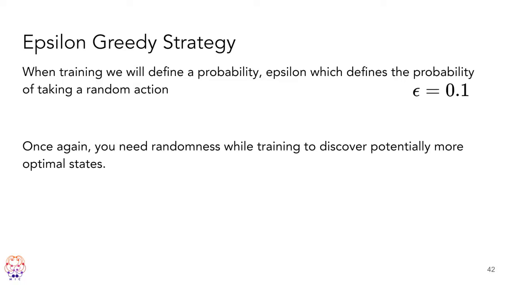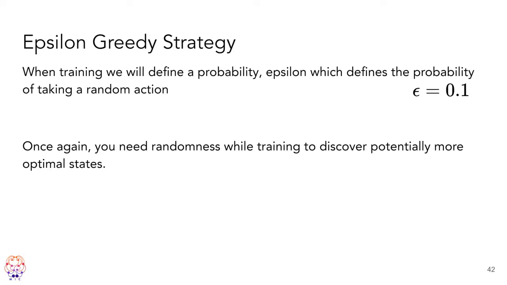So to implement this explorative mechanism, in Q-learning we use a greedy strategy called epsilon greedy. Basically all this says is we're going to define some probability of doing a random action. So let's define epsilon equal to 0.1. This just means 10% of the time while training, we're going to pick a random action regardless of what the policy says. This randomness will help you stumble around and eventually find a very good path into whatever you want to do.